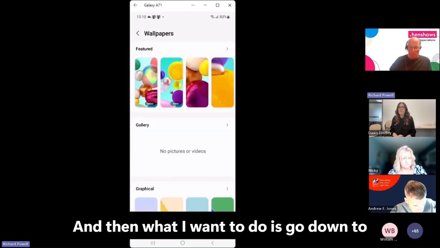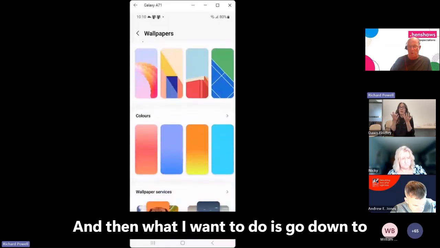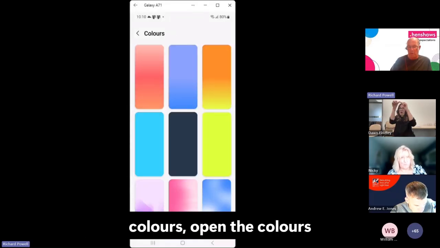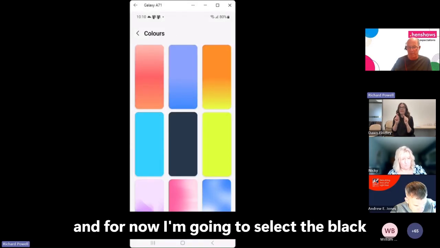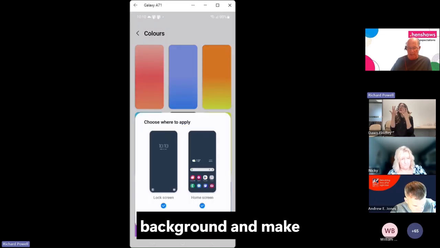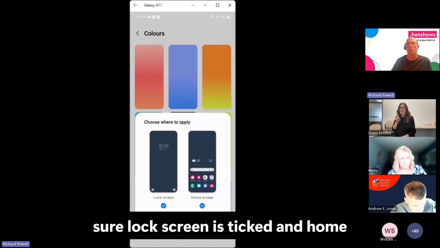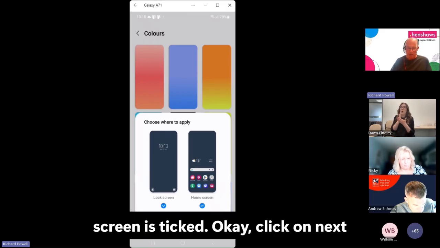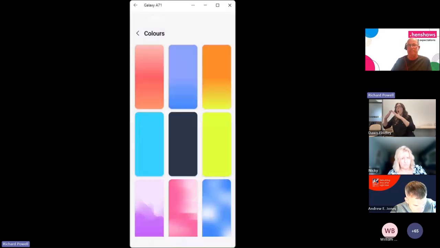And then what I want to do is go down to colors, open the colors, and for now I'm going to select the black background and make sure lock screen is ticked and home screen is ticked. Okay, tap on next,